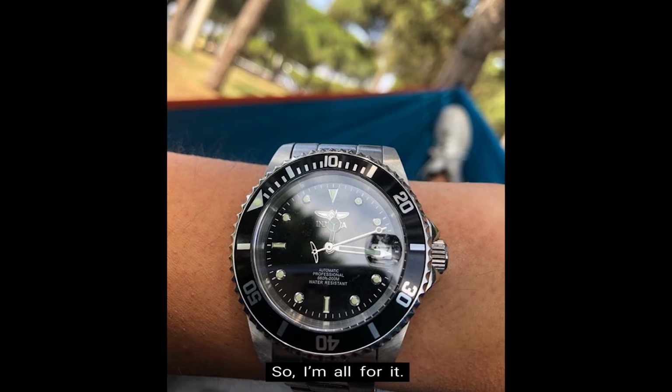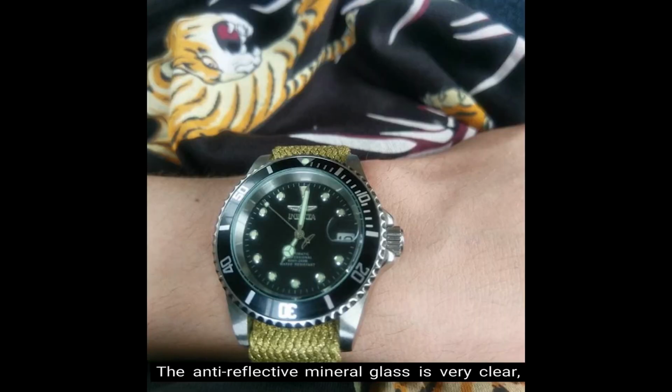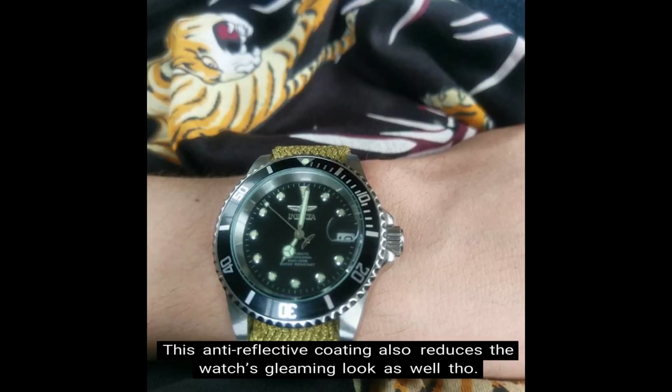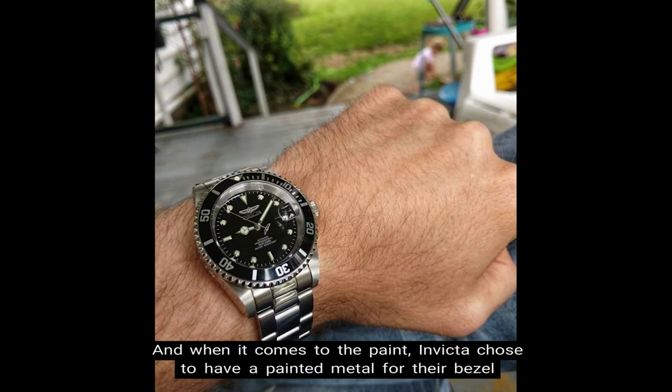So I'm all for it. The anti-reflective mineral glass is very clear, especially when trying to read it while out in the bright sun. This anti-reflective coating also reduces the watch's gleaming look as well though. And when it comes to the paint, Invicta chose to have a painted metal for their bezel instead of using